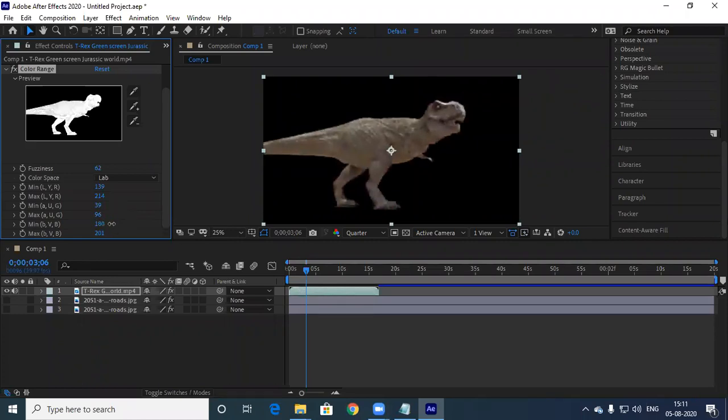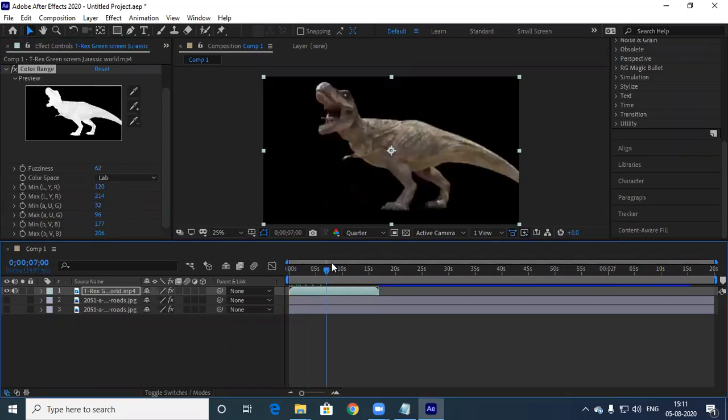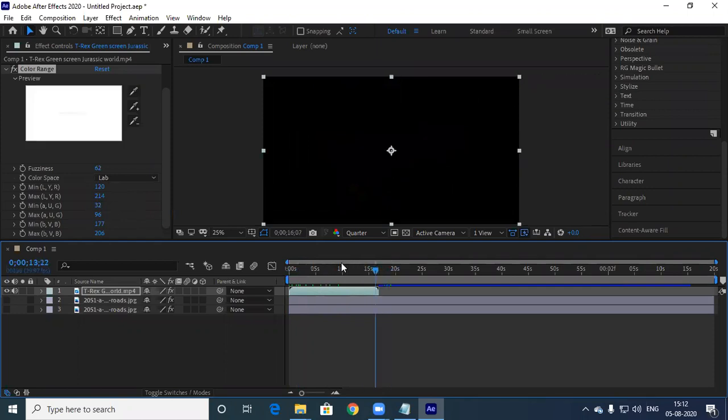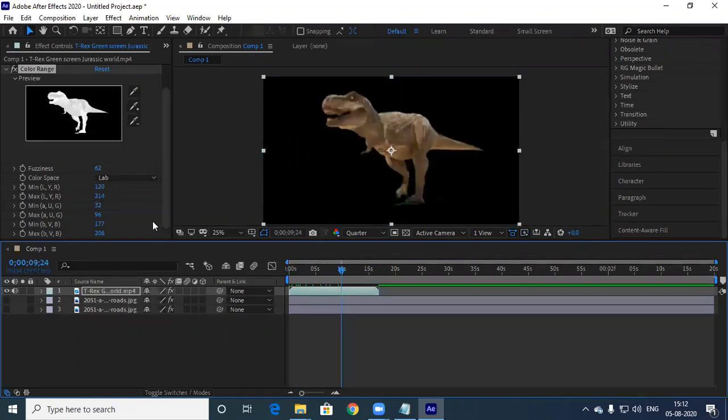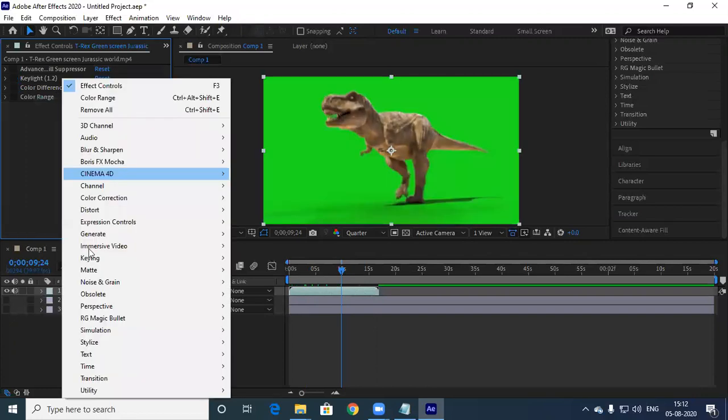So even manually you can work on things. That's color range. Multiple plus or minus you can do.